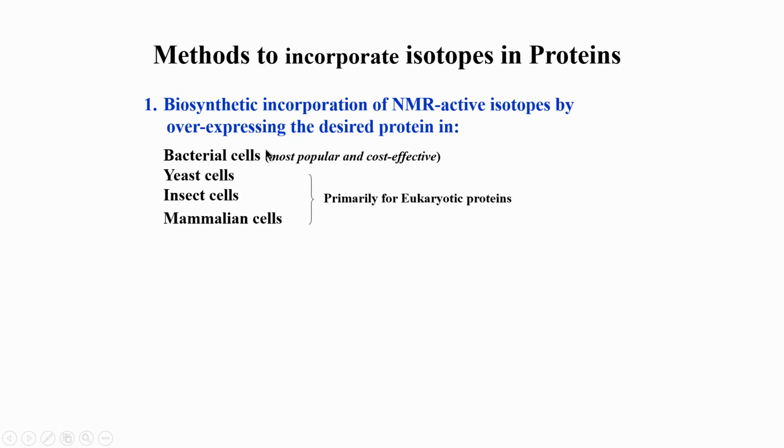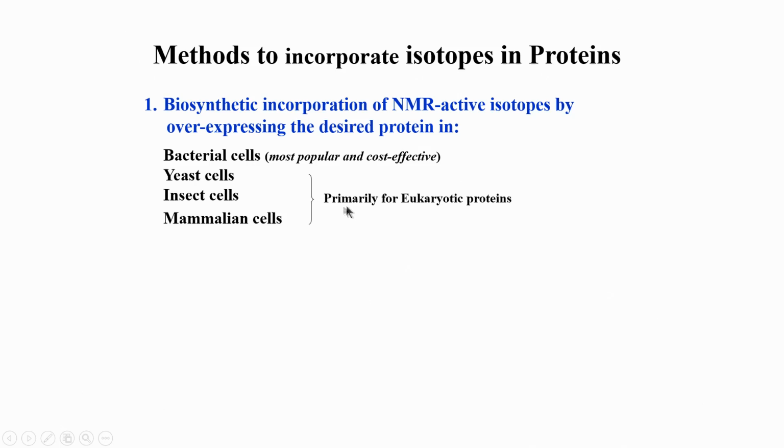We will see how we do that, but for many proteins it is not possible to study them with bacterial cells. For example, let us say your protein of interest has what is called post translational modification. For example, it functions only if a glycolytic group or a glucose group is attached to that protein. Bacterial cells do not have that machinery. Bacterial cells cannot do post translational modification on your protein, so you cannot use bacterial cells to make your protein. You have to go to higher eukaryotic cells, and that is yeast or insect or mammalian cells.